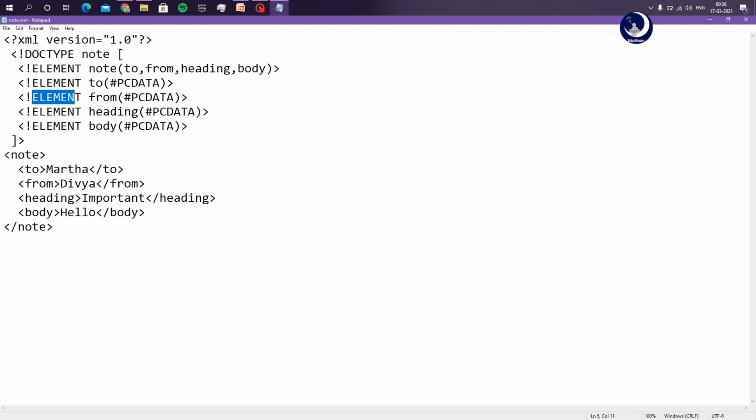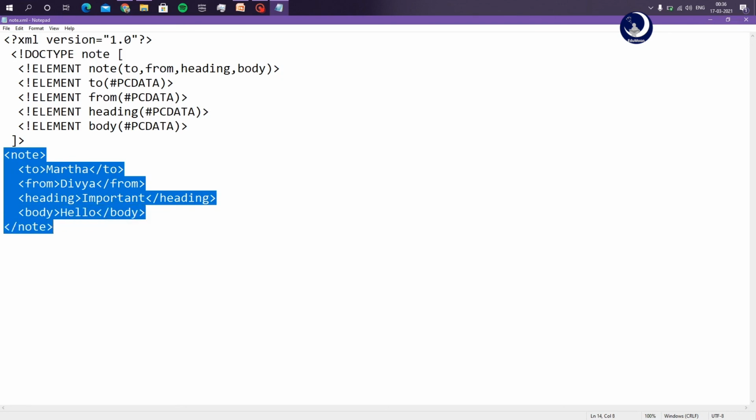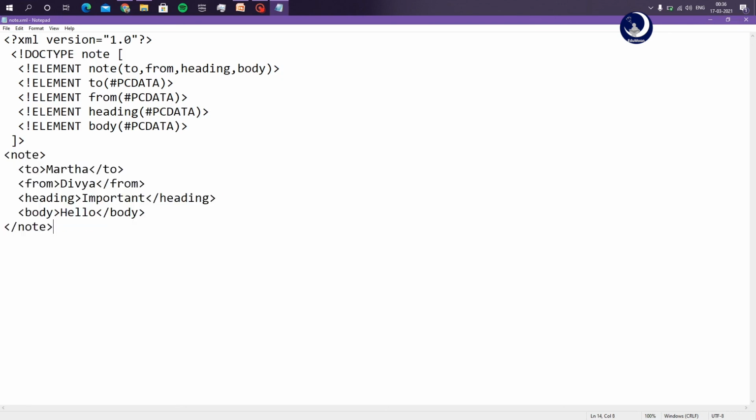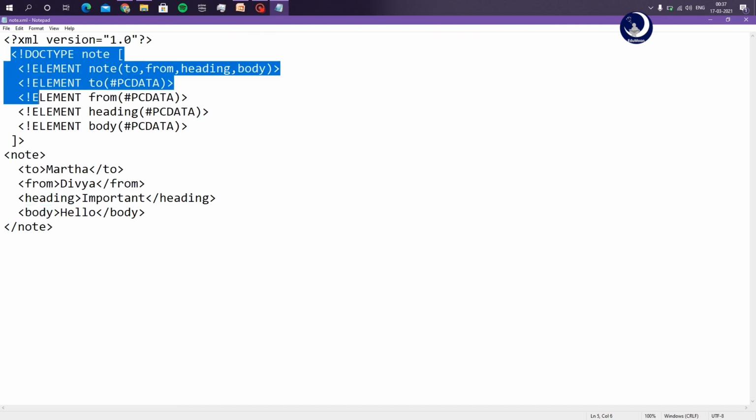And then the document element section should compulsorily contain only the elements specified in the document type definition. Like that, the first root element would be note, and then its child elements would be to, from, heading, and body, as specified by the document type definition. In this way, an XML document is structured or created. In this way, an XML document can be written, and we can define a document type definition in it.